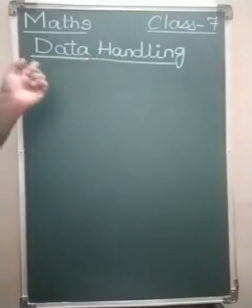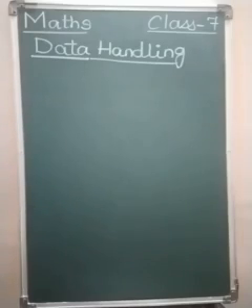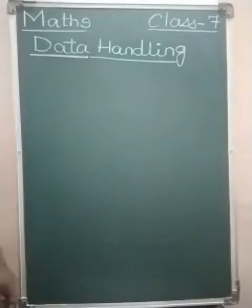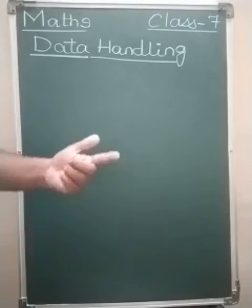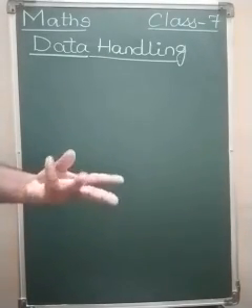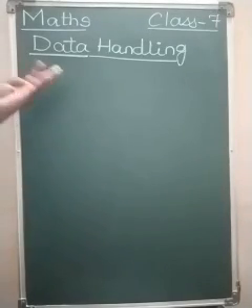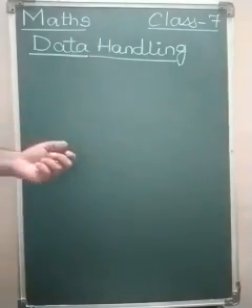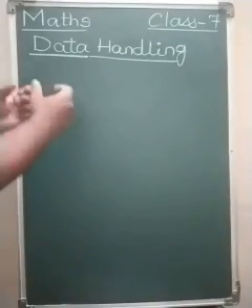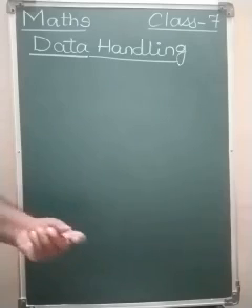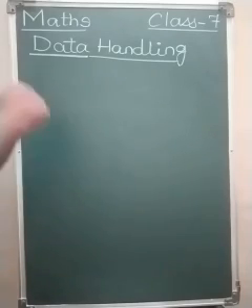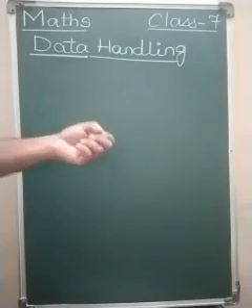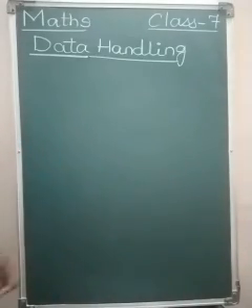Now, what is meant by data? If you remember, in 6th standard, you had one sum about the students in a class who like some sweets, and the sweets were laddu, jalebi, barfi and rasgulla, I think. So these 4 sweets were liked by the students, 4 students like jalebi, 5 students like laddu. This is the information about the students liking the sweets, and this is nothing but data regarding the students, the different types of sweets they like.